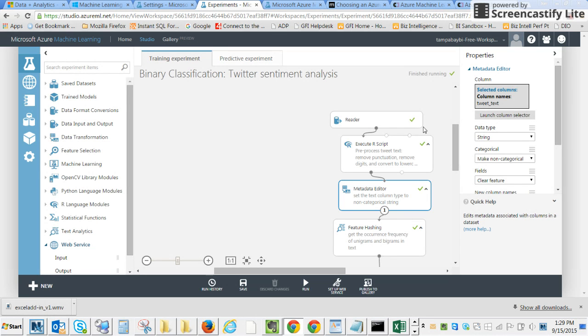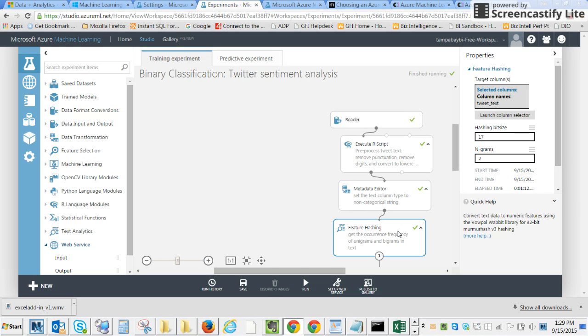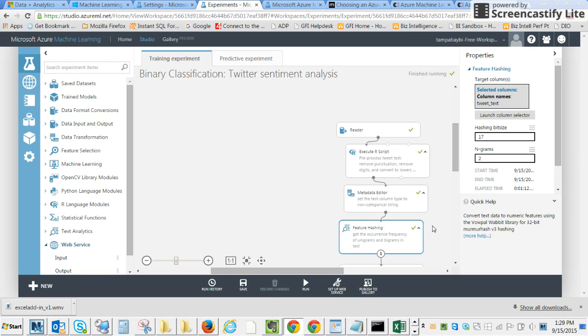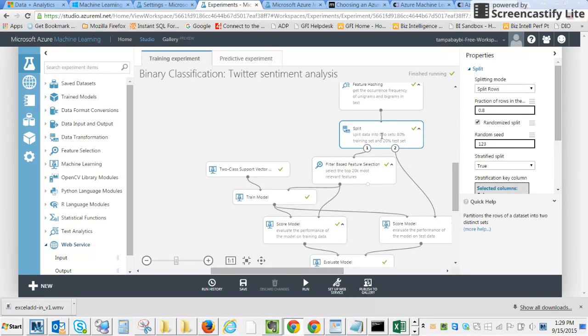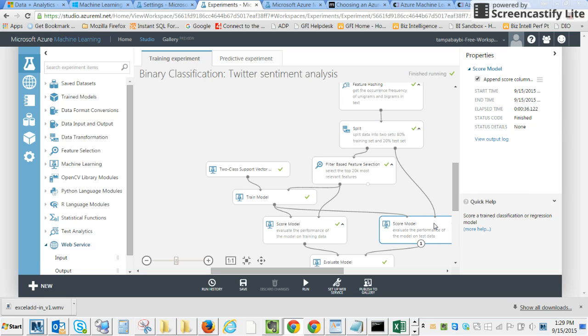So that's that. And then the feature hashtag is basically converting it from text to a number. The split function says, give me this chunk of data and identify it with a percentage. So it's going to take 80% and flow that over here, and then it's going to take the remaining 20% and flow it over here. Basically, it takes that data and scores it, and then the 80% it brings over here